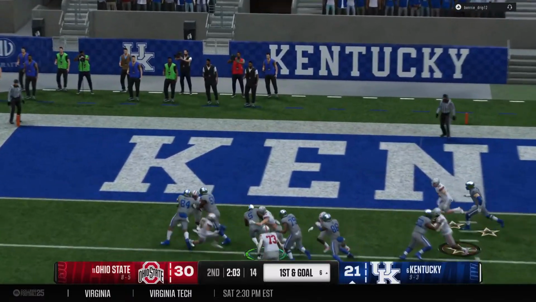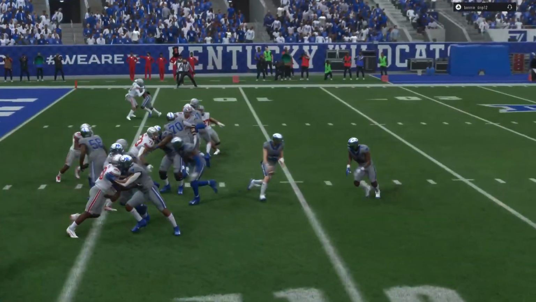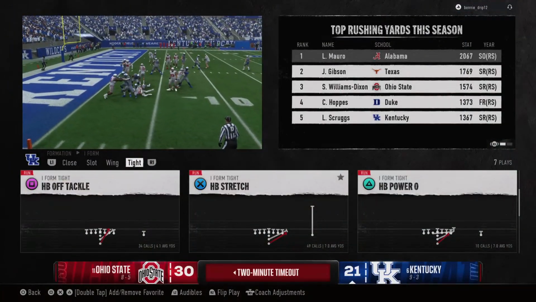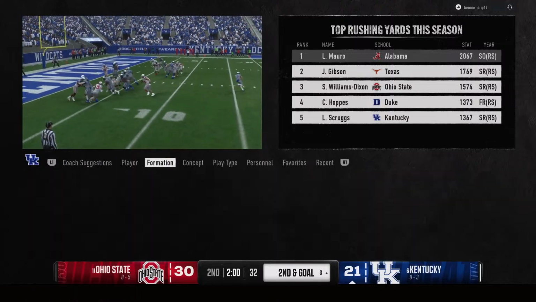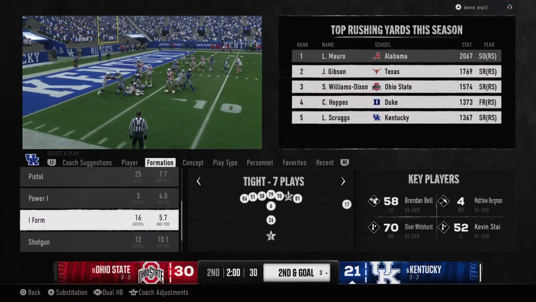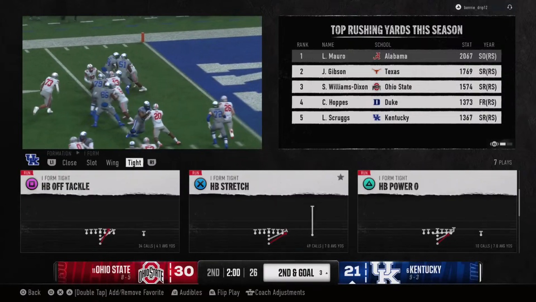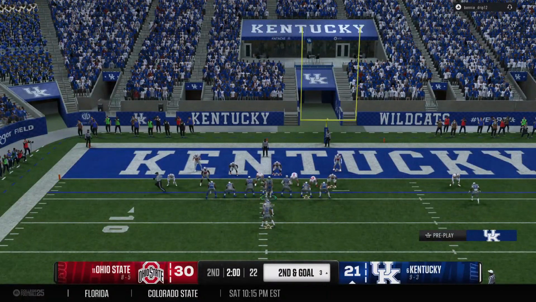Keep it on the ground on 1st and goal. And the sophomore able to bring him down quickly. So we've reached the 2-minute warning, and this offense is trying to get something going here and cut into this lead before halftime. Second down and goal upcoming.